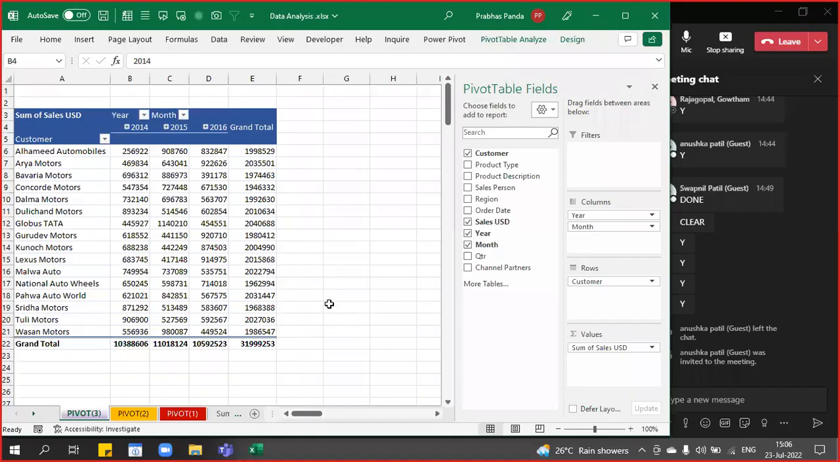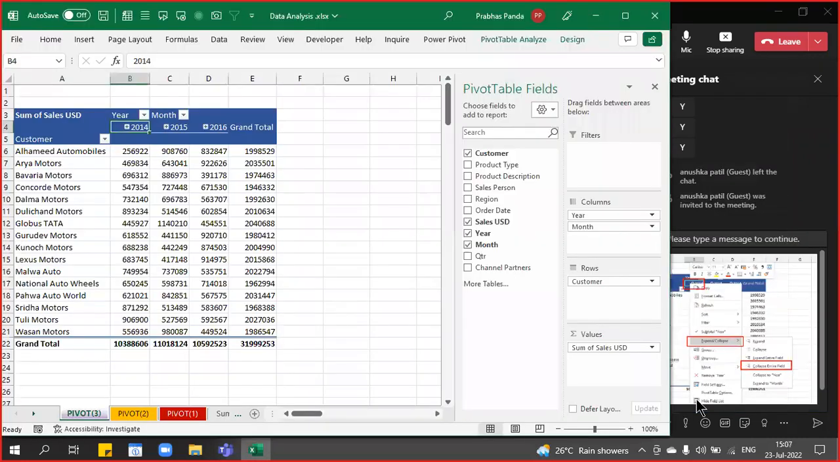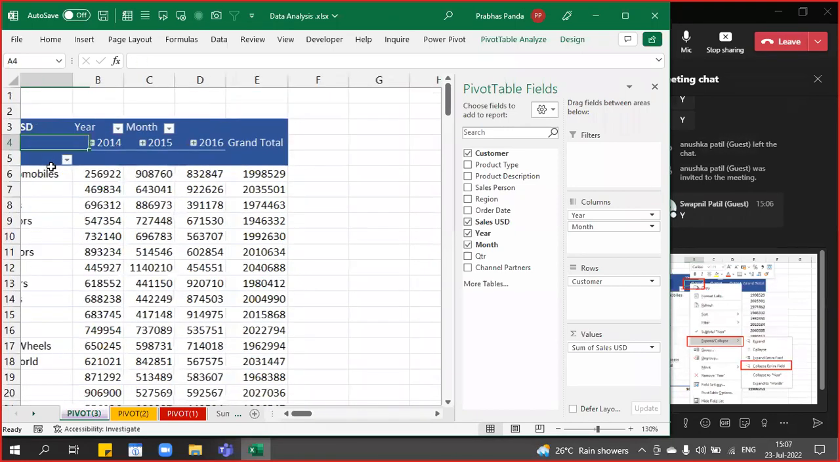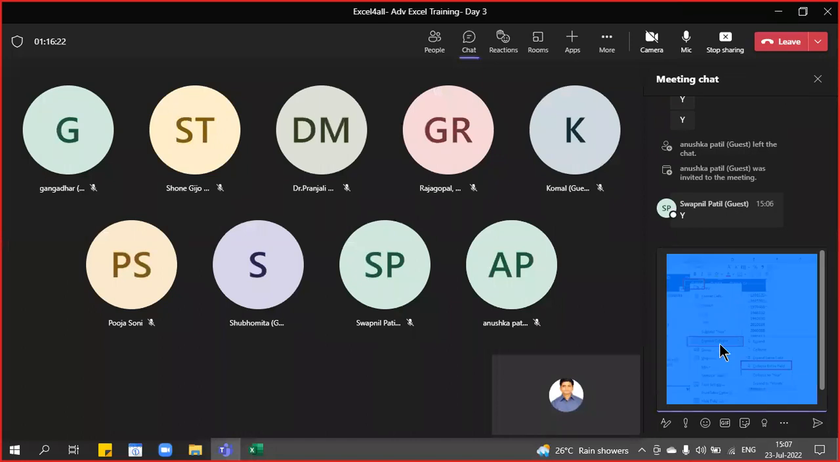Any doubts, any queries, anybody? All are getting the same flavor of the report format. If at all any questions are running in your mind, feel free to ask. The collapsing, can you tell once again how to collapse it? Yeah, I have already shared the image also. You can see